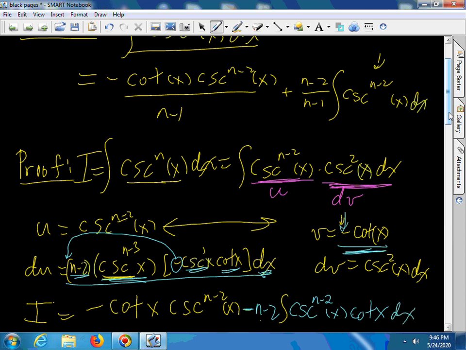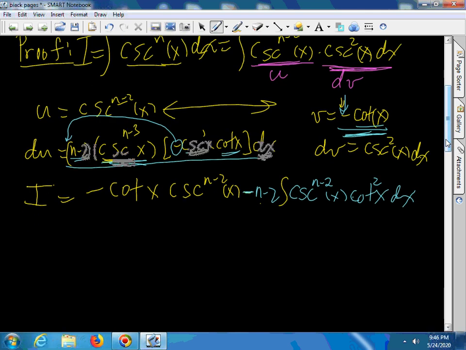Remember, we dealt with the minus sign, but not the cotangent x, so I have cotangent squared x. And we're going to rewrite that. Now, this is equal to negative cotangent x cosecant^(n minus 2) of x minus n minus 2, just copying